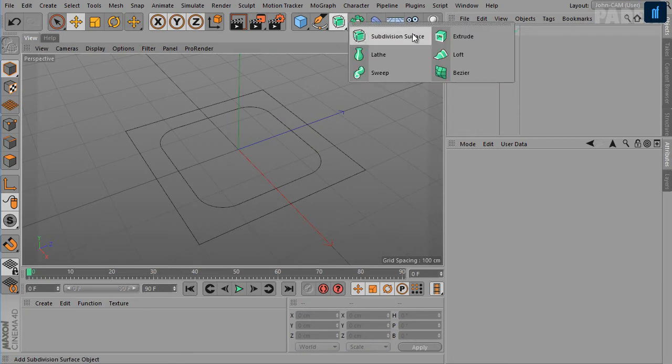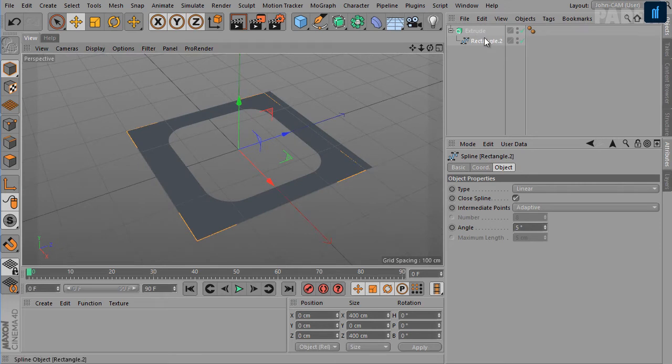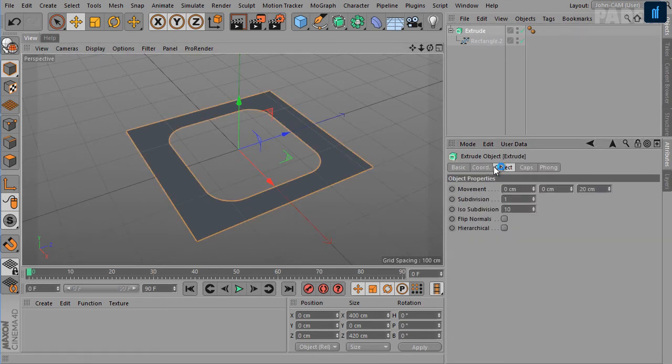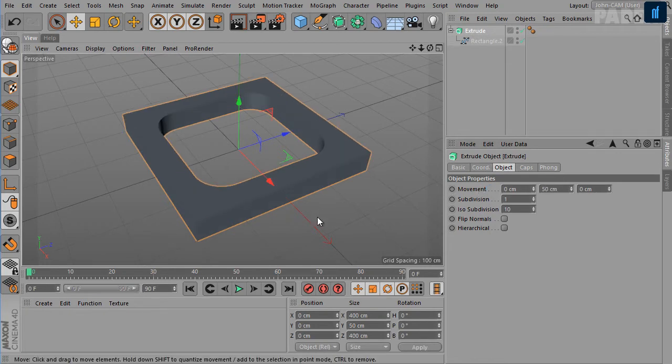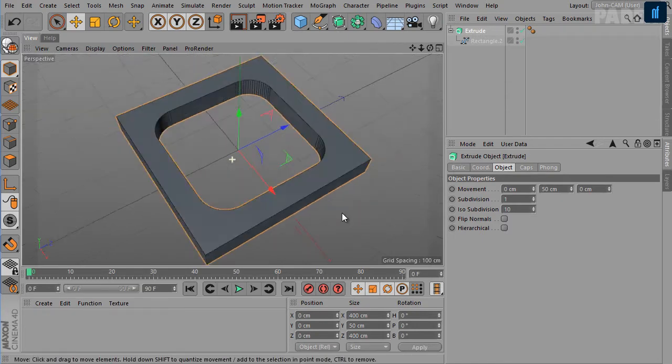Now I'll apply the extrude generator to it, and here the first option we have under the object tab is the movement, and this is the extrusion distance along the X, Y and Z axis based on the local axis system of the extrude object. So you can see here the X axis is pointing towards the right, so we don't need that. I'll go ahead and set it to 0, and I'll set the movement Y to 50 units. I'll also enable the shading lines mode.